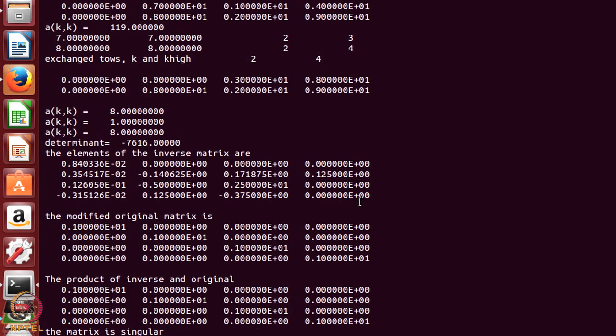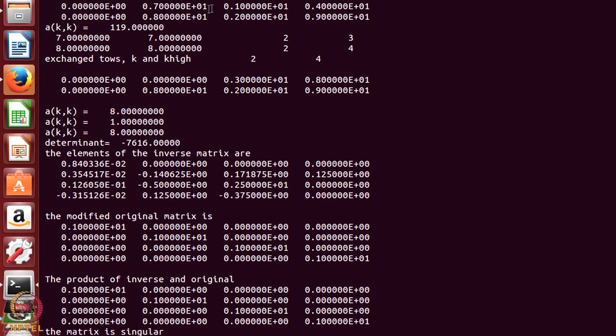So, when I edit that, what it did, it wrote the original matrix. On your screen you are not seeing all those things, but the original matrix first row is 119, 2, 0, 0, then 0, 3, 0, 3, 8.